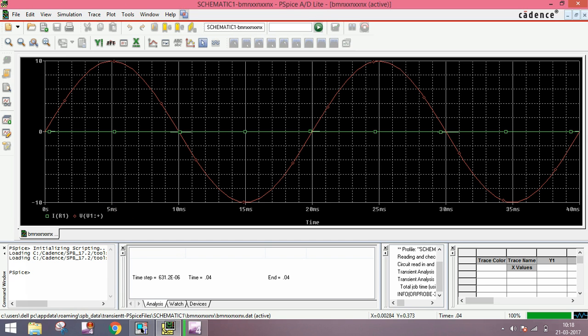But here you can see this looks like 0. There is some problem because this is very small and this is very large, 10 volt, and this is in milli. So to see the voltage graph, this looks nearly like 0, but this is not 0, this is milli. So in that way you can find it.